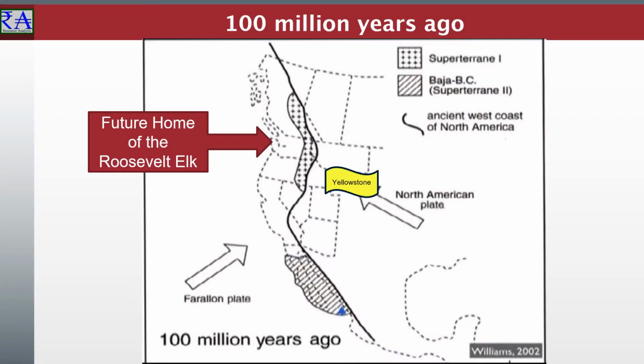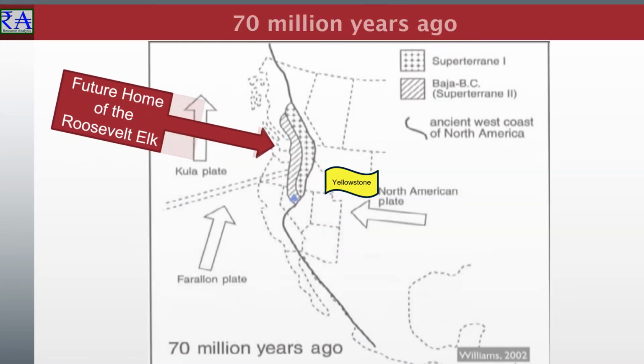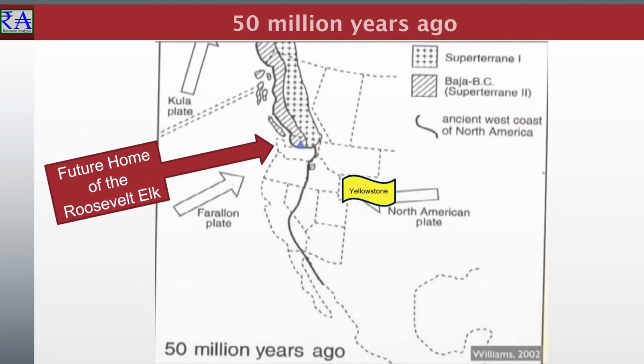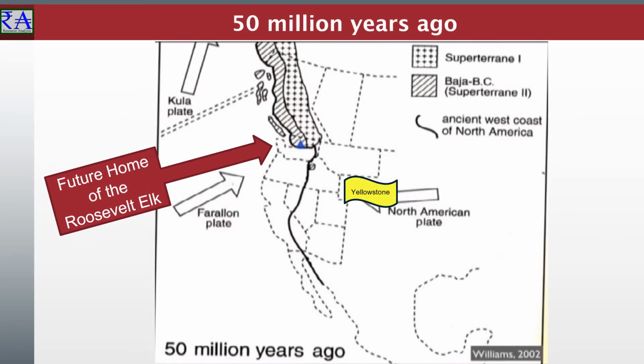If we back up the clock 100 million, 70 million, and 50 million years ago, we cannot even see the accretionary wedge coming off the Cascadia subduction zone to build up the western face of the North American continent and the Olympic Peninsula. But I can see where Yellowstone was then and still is today. I think it is not Peripatric Speciation. The right conditions just do not seem to fit.